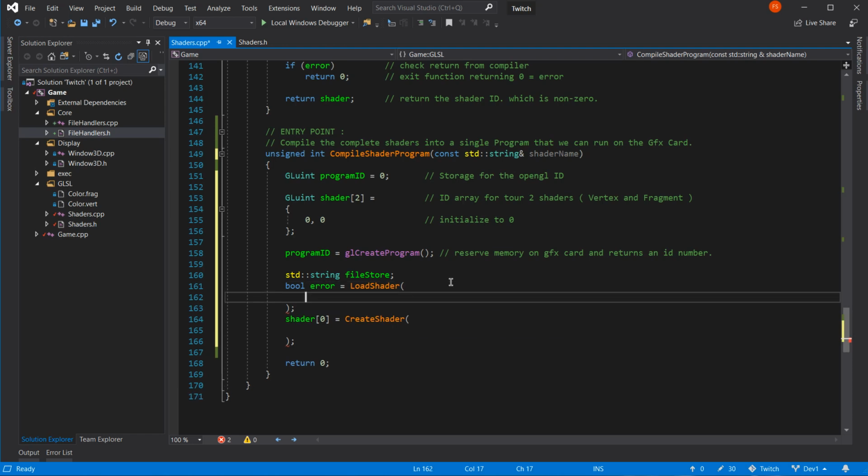And load shader takes what, please? File path. Right, file path will be... Where are we? In exec.